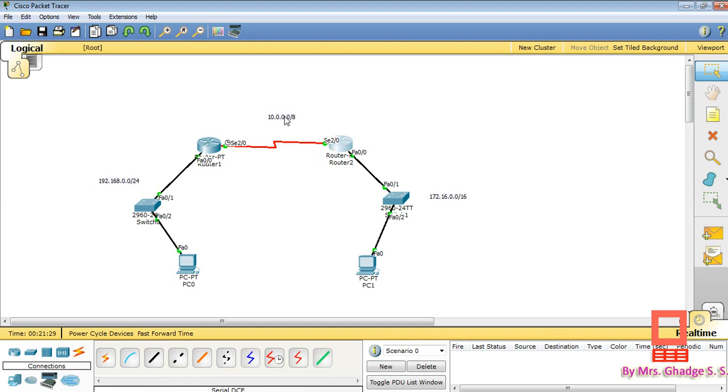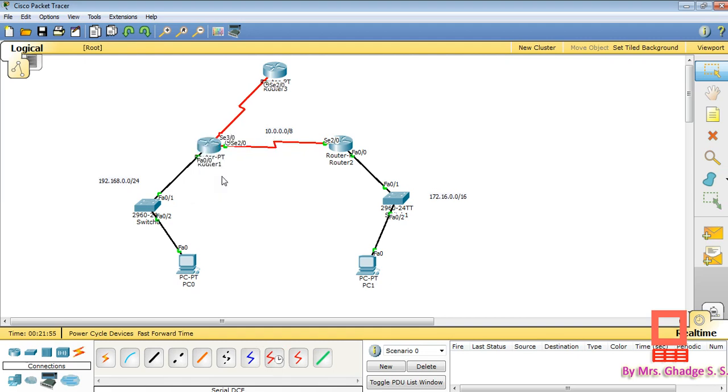Now as you can see, here there is only one path. But if we take one more router here, a generic router, and connect it to the other two routers, then there will be one more path for packets to travel.